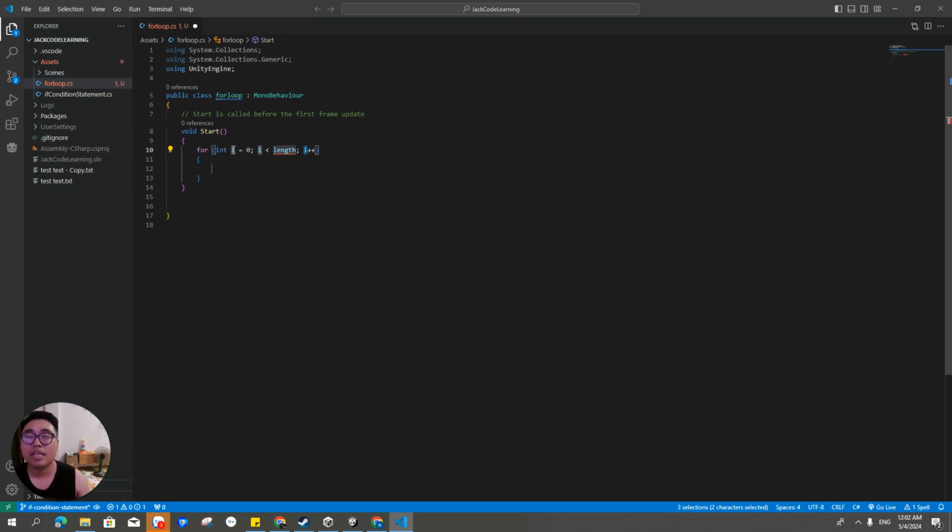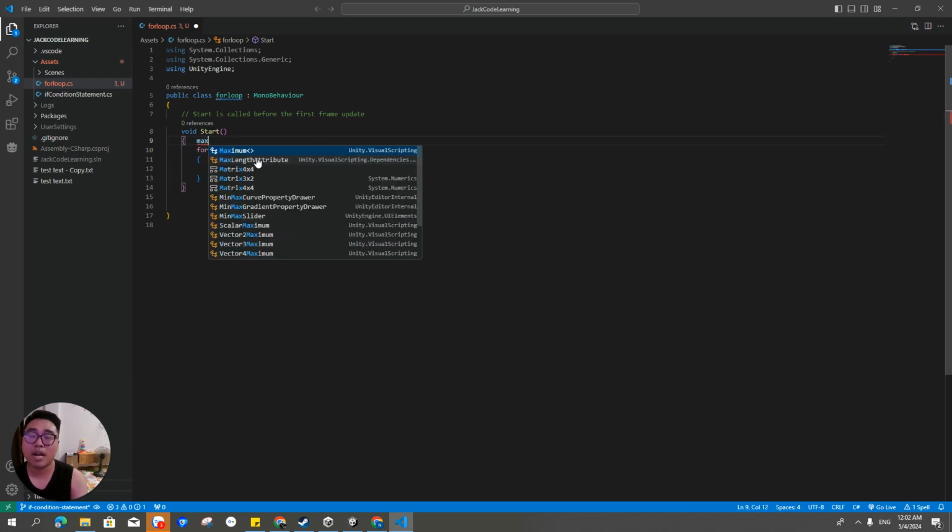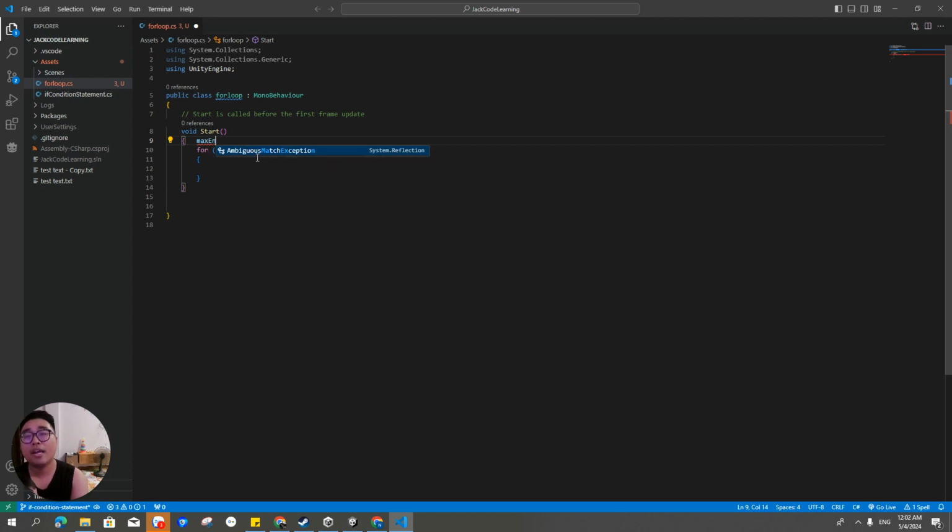From i equals 0, it starts from the number 0, and it goes to the length. Here you can mention maybe the max, the enemy, something like that,